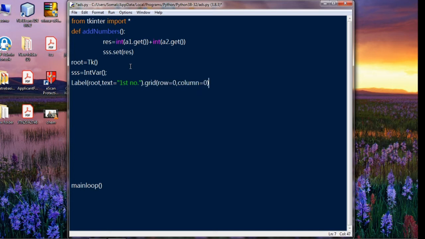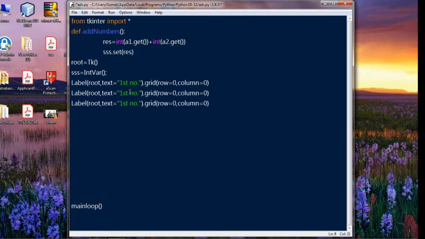Then three. We are Indians, we do jugaad, so let's copy it. One for the first variable, one for the second variable, one for the result. Second, result. Then here row is 1, here row is 2.